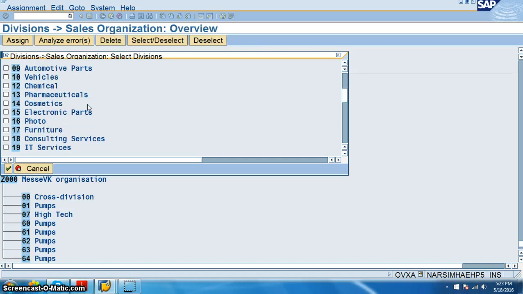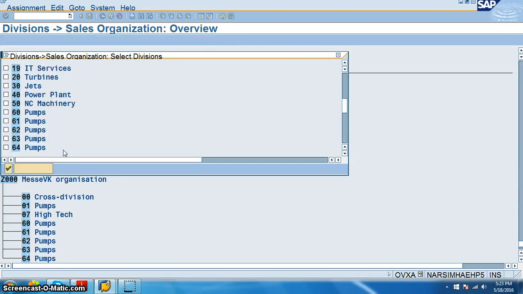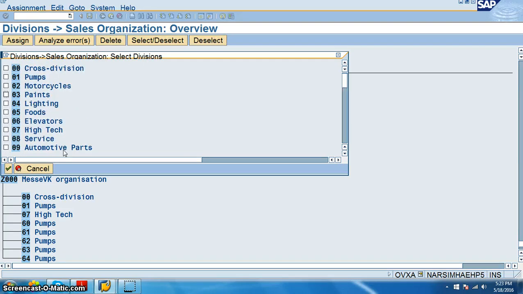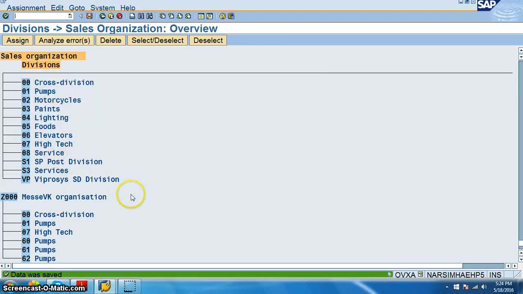We already created our own sales organization as well, that was VP. So we have VP SD division, and we have services, we have SP post, we have a lot of other things here which have already been created. We can have cross division, we can have pumps, motorcycles, and no matter how many sales organizations you want to put under this plant, you can do that. Lighting, spuds, elevators, high-tech city services, all these things you can put. Any number of sales organizations can be kept under one particular company.